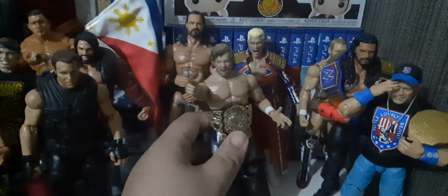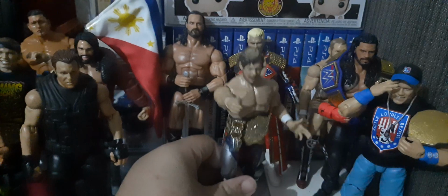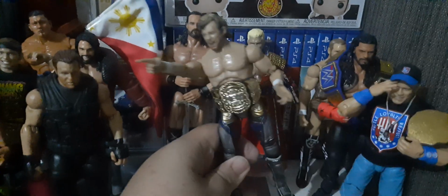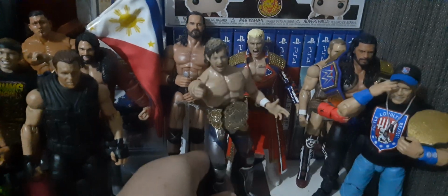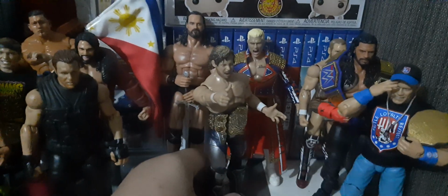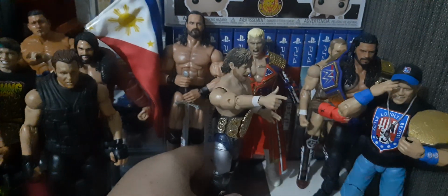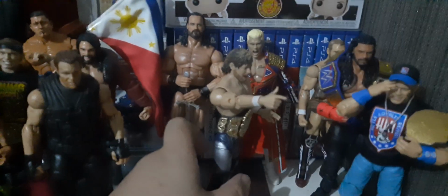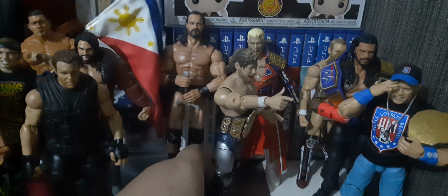And then on the store where I bought the Shield figures, there was this Kenny Omega figure. I got the AEW belt separately from a friend. He's the one who ordered it on my behalf. But this is supposed to be part of the 2-pack of Hangman and Kenny. I just got Kenny, and all the other accessories like his hands, the alternate hands, the steel chair, and the one for,